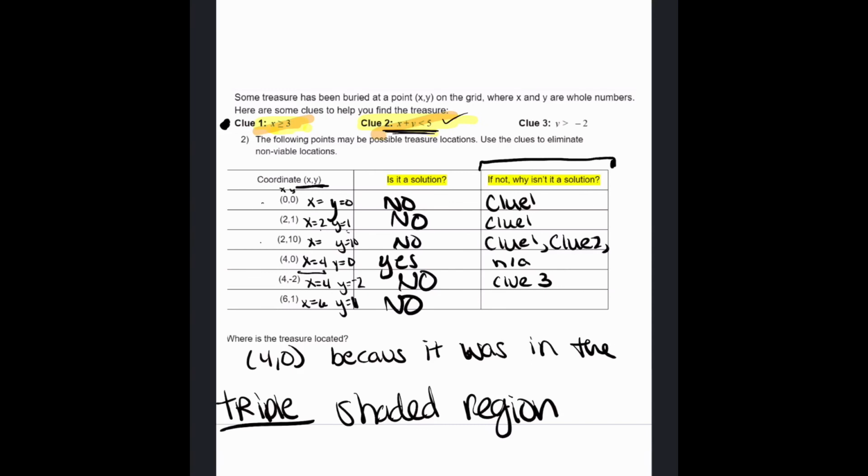It's equal to -2. And then this final one, x equals 6, which is greater than 3. X plus y is less than 5. 6 plus 1 is 7, which is not less than 5. So this doesn't satisfy clue